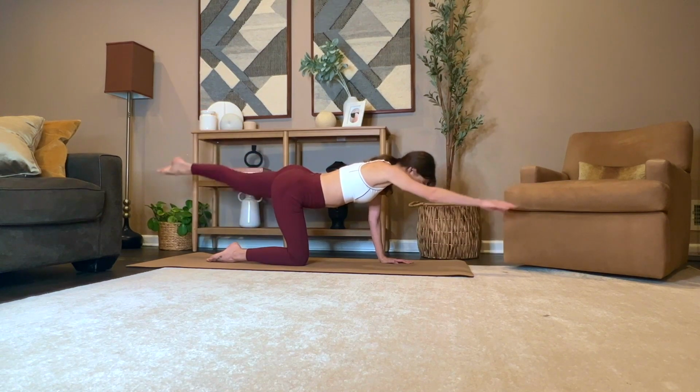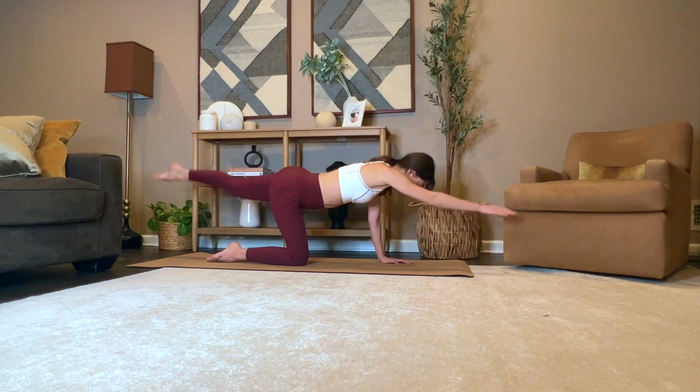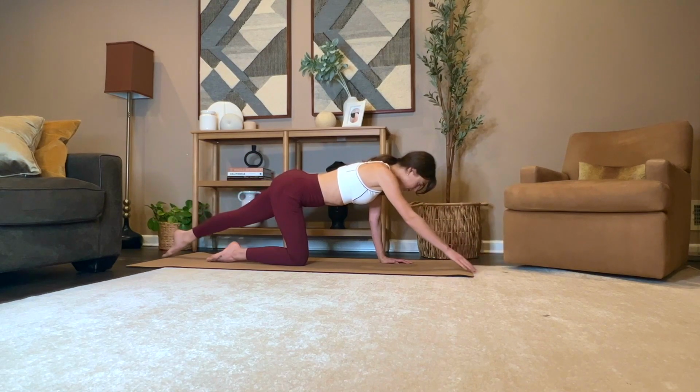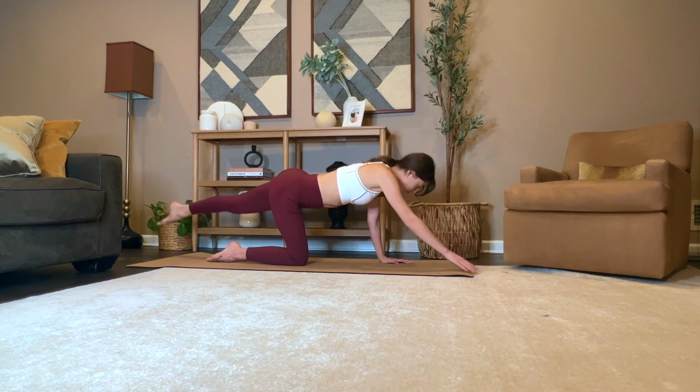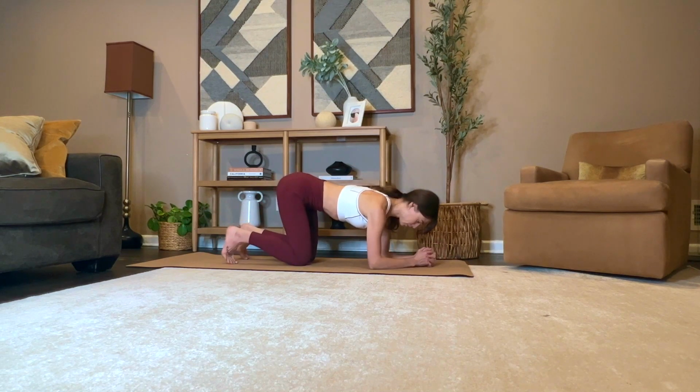Okay, if you're ready, you can start lifting your arm and leg at the same time. Give me last 3 here. And 2. Almost there. And 1. Nice. Now come onto your elbows, interlace your fingers, flex your feet when you're ready, starting with your right side,